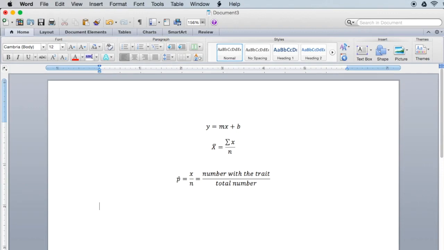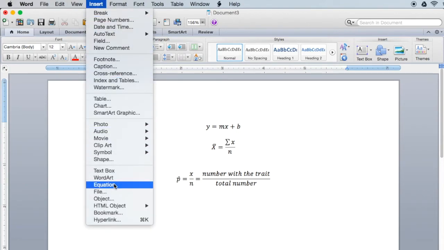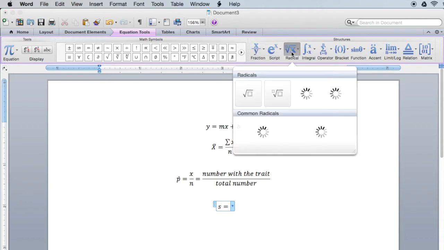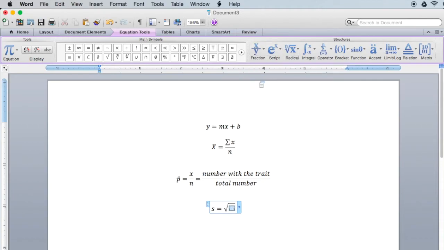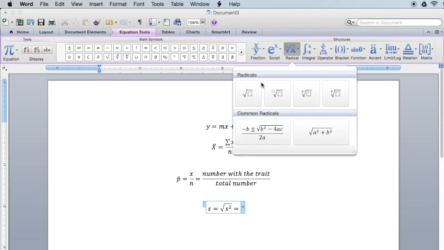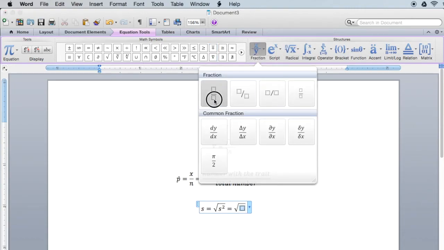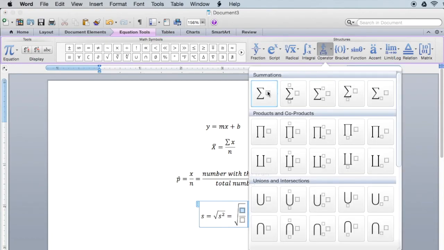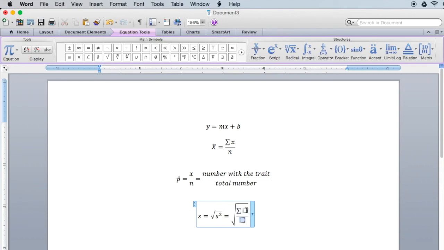The last one that I want to show you is the formula for a sample standard deviation, because here you're going to get to see exponents and square roots. So sample standard deviation is S, and this is equal to the square root of the variance. The variance is S squared, equal to the square root of the sum of squares, which is the sum of,